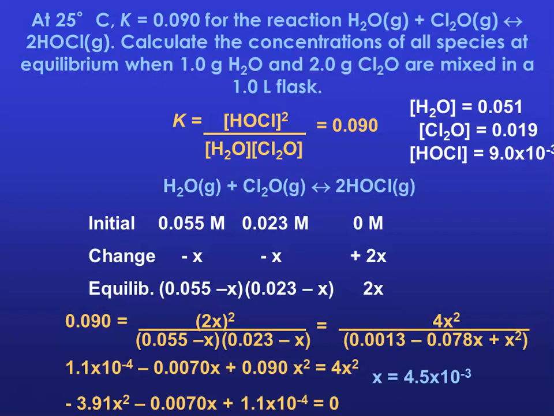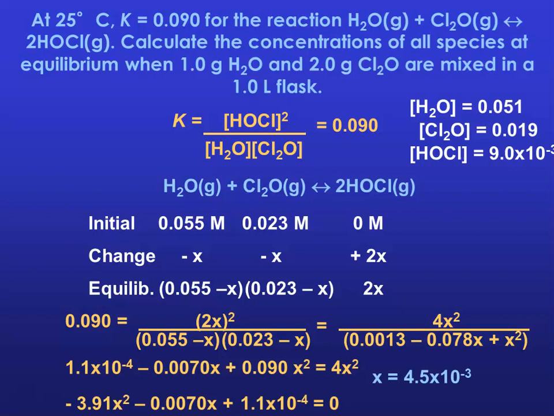This K was not super big, nor was it super small, 9 times 10 to the negative second. When we start to get into Ks that are super small, when we're having very few products being generated, we're going to be able to make an assumption where you're not going to have to put these in your calculator. I know you're going to want to. I'm not going to fight you on it, but we're going to see in class